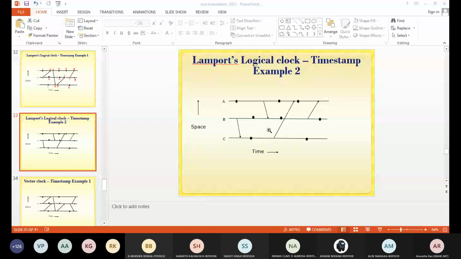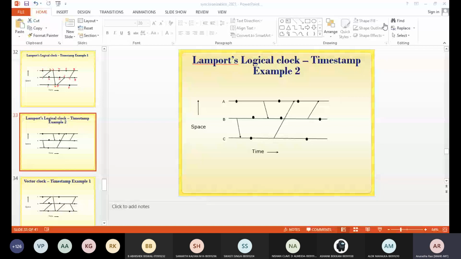That is the next event in the process A, right? You got it? Yes. Yatin? Yes, correct.